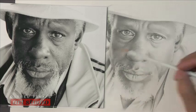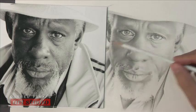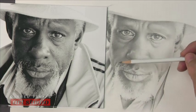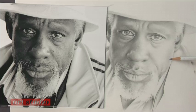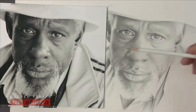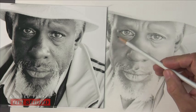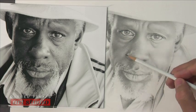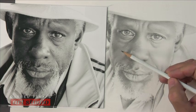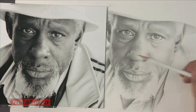And now that I'm working on this side of the face, I don't want to bring this up too far without taking into consideration what I have down already. So this might give me the opportunity to now start judging this by this. And I can maybe pump up some of the values ever so slightly to make sure that the darkest things stay the darkest. And it allows me to put more value in here without having it go flat again,